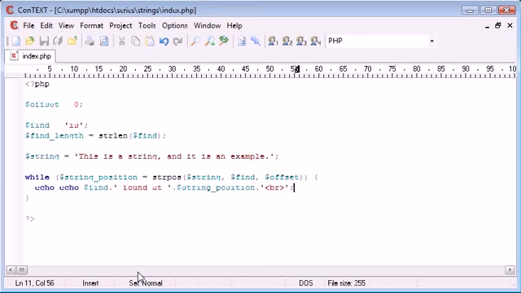Okay, so what this is going to do is for every time it's found, we're going to echo the position and obviously the word. We're going to reiterate, and then we're going to put a line break on the end. But now what we want to do is we want to create a new offset, because at the moment we're going to find